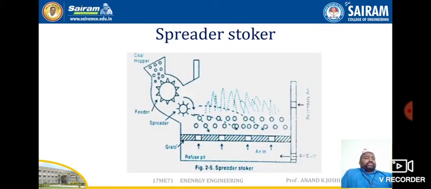So this is a sprinkler stoker, which we also call a spreader stoker. The schematic diagram shows the spreader stoker. In this type of stoker, the coal from the hopper is fed to the rotating feeder, which in turn feeds the spreader or sprinkler. Sprinkler means it spreads the coal to the furnace. The coal is crushed and sprinkled over the furnace. Then it feeds according to the requirement, and the feeder is a rotating drum fitted with blades on